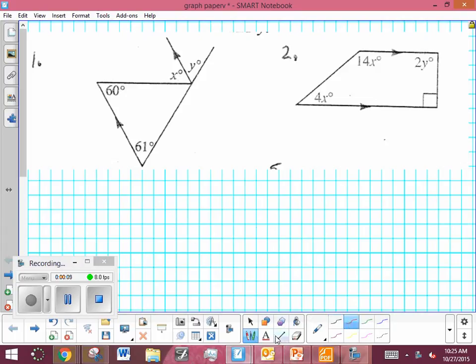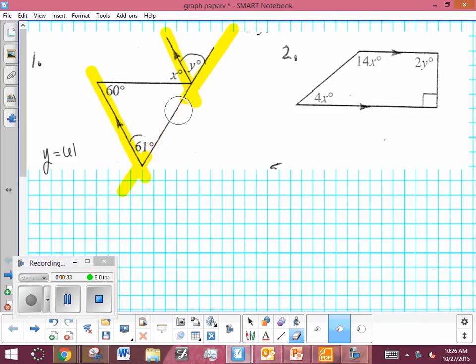On number one, you're going to want to look at the parallel lines. We're going to look at this parallel line, that parallel line, that transversal. And when I do that, I see that that's 61. So that angle there is corresponding. So y has to be 61 as well. Okay. Then when I look at